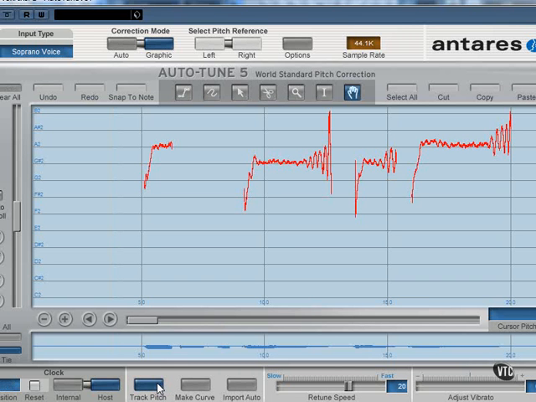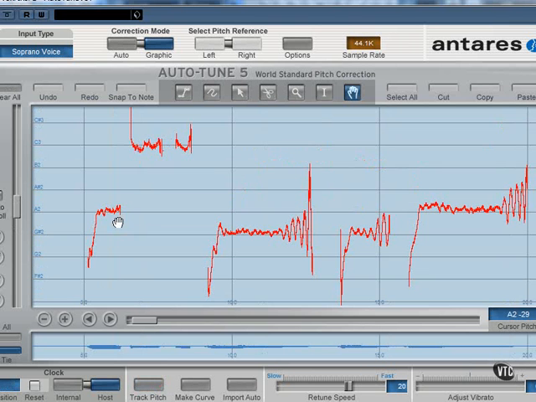When you're finished playing back as much as you need, turn the track pitch off and you'll get a graphical display of what you have as a visible waveform. This may look slightly confusing at first. However, we can see